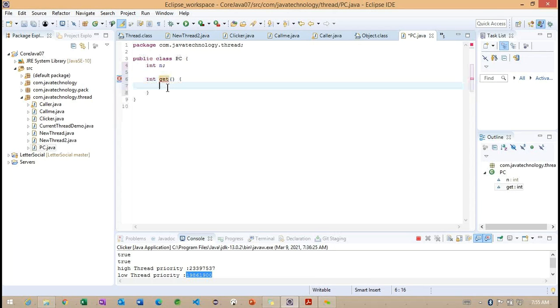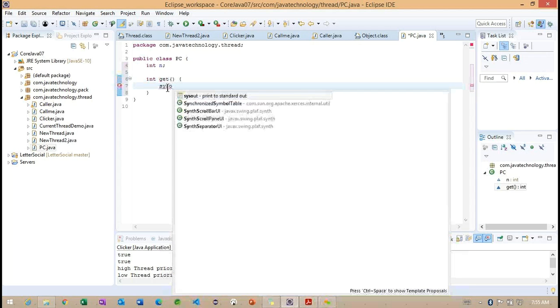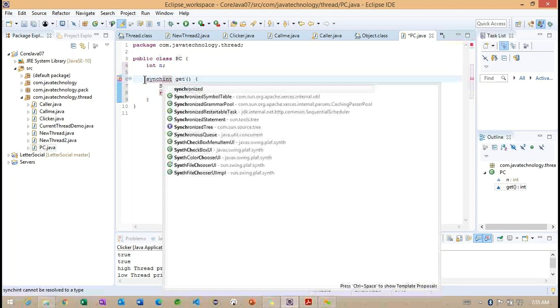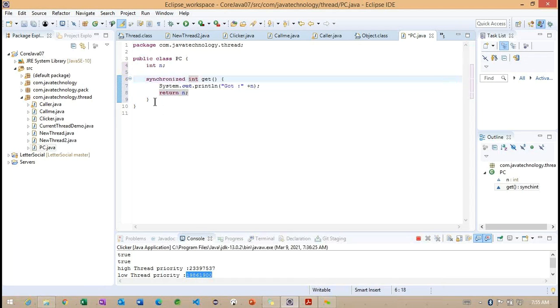I'm having one method called get. Inside this get method, I want to specify a message, "got", and return n. This method I'm making synchronized.